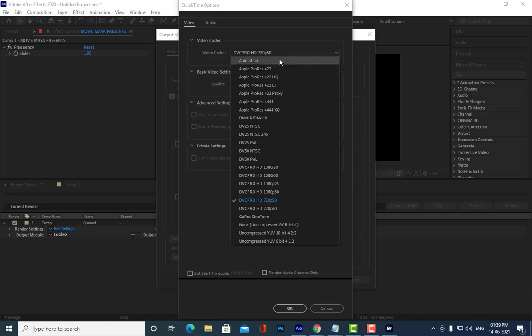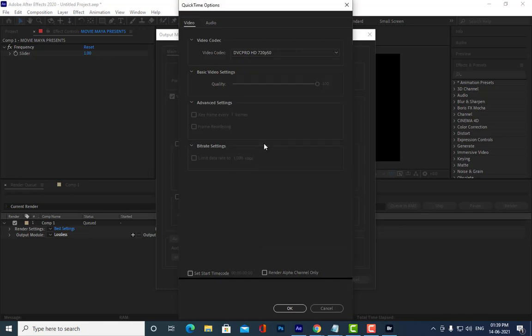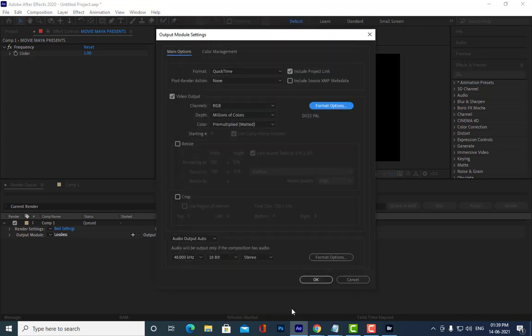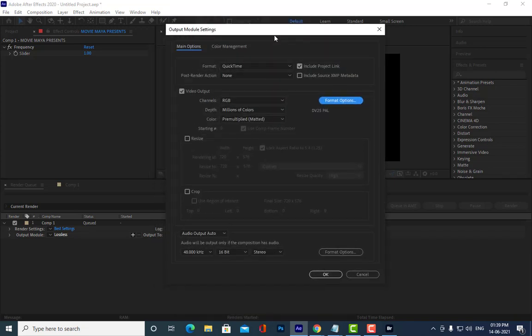Yes, sir. Okay, and if you take these uncompressed ones, you will get a very big, very large file. So always understand this. You can select this PAL DV. Best, see, for India we will be using this PAL DV mostly. 25 frames per second. Understand that. Okay, so then what else we can do? If you have any audio, you can put audio, but right now our After Effects file does not have any audio, and then we will simply click OK.